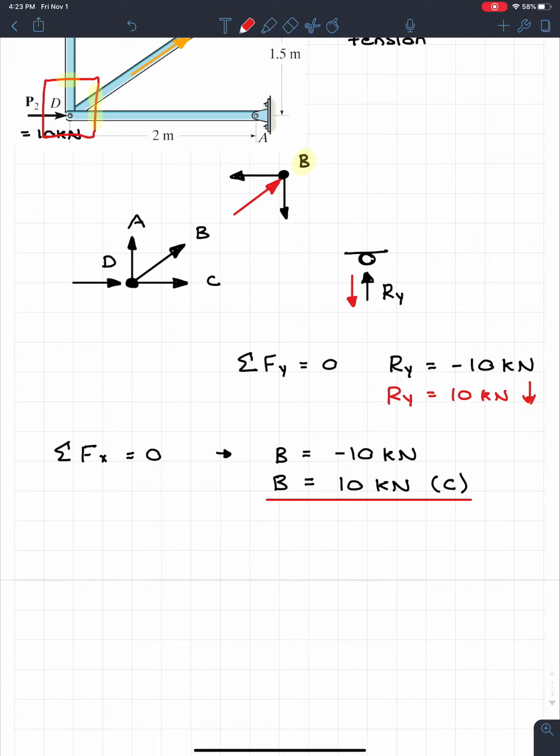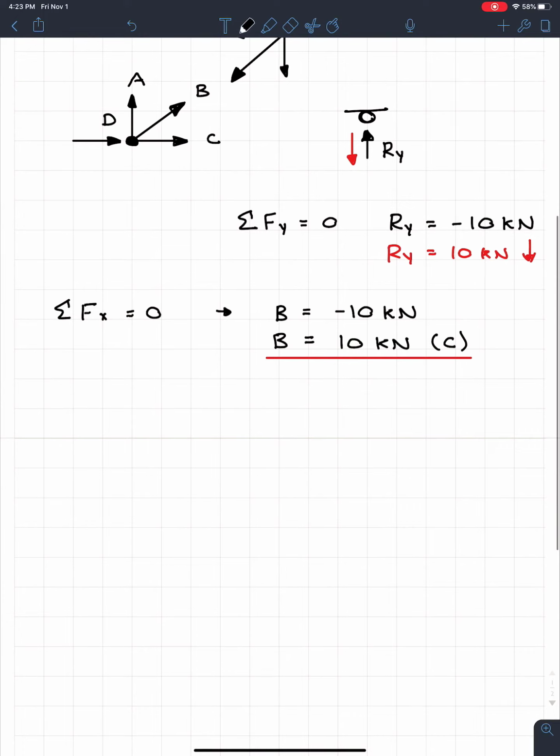So please do not do that. What you're going to want to do is keep it always in tension. So even though you already know that this is actually going the other way, don't switch it. Don't switch it. If I were to do sum of the forces in y equals 0,